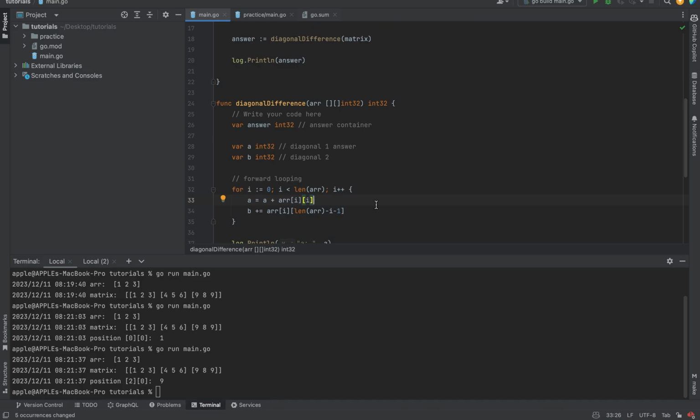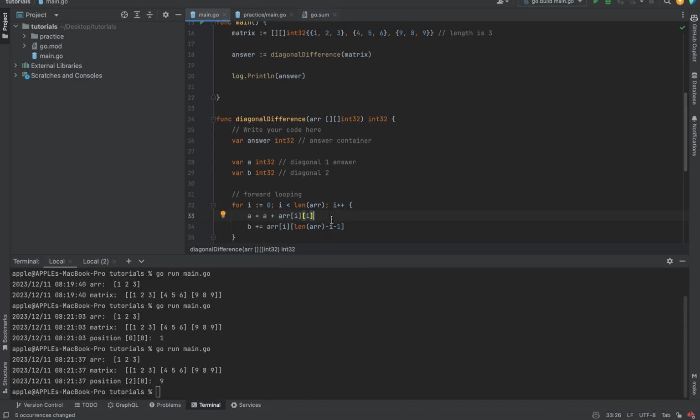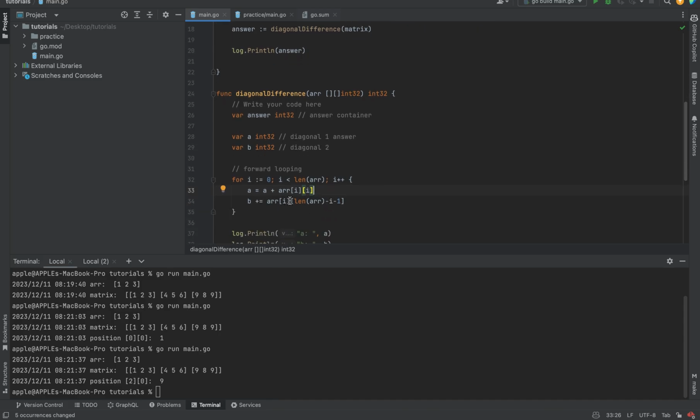For B, it's a bit tricky because you need to think about a few things. You need to think about it critically. For A, it was actually easier to just have I of I and get it over with. But for B, it's not going to be just I of I. You're going to need to do some thinking. So for example now, here you can see you're taking the array of I because obviously you're looking at